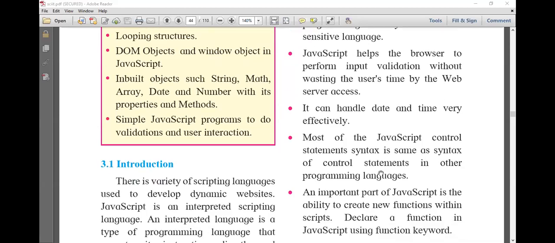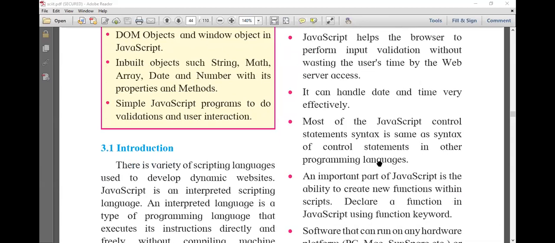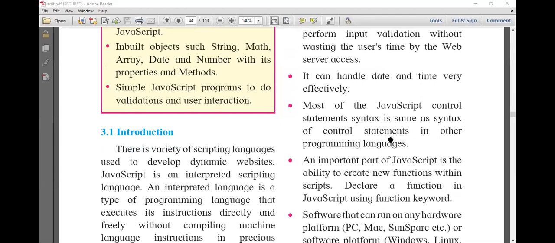So next, tell me the next feature after the syntax. Yes, next feature. Tanvi is saying function. Very good. Siddhi, function. Yes, right. Shravani, right. Ratan, right. Function.